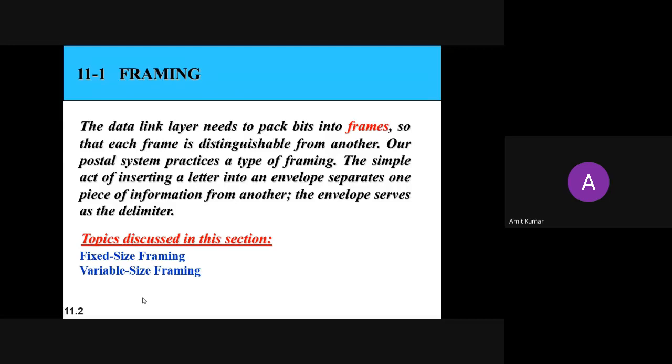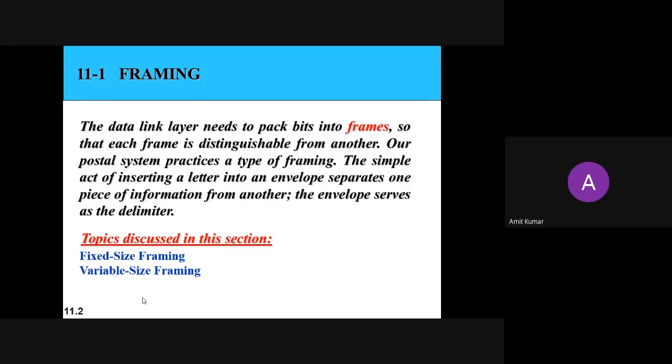As we have covered in the previous chapter, there are various types of switching: virtual circuit switching and datagram switching, which you have seen for packet movement. So they need to have the source and destination address.